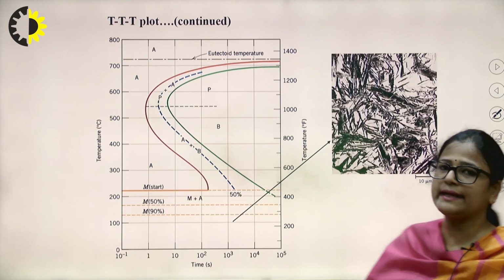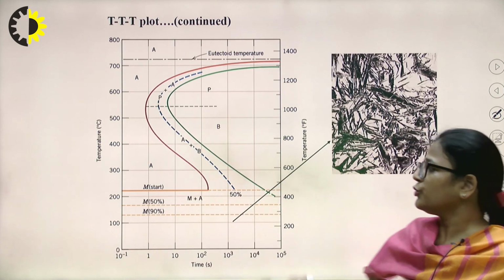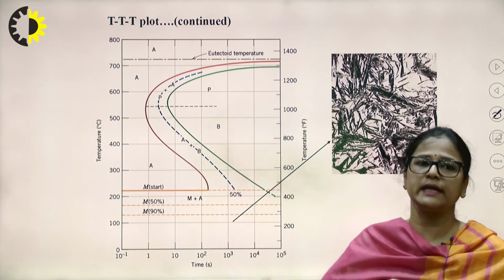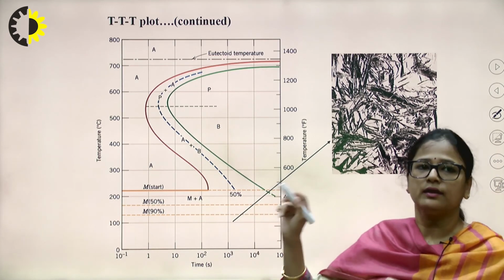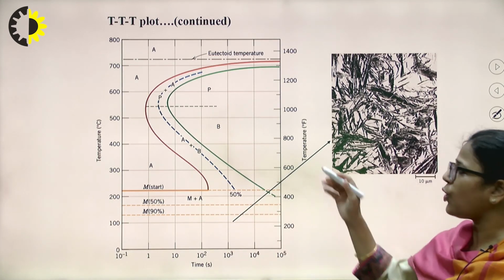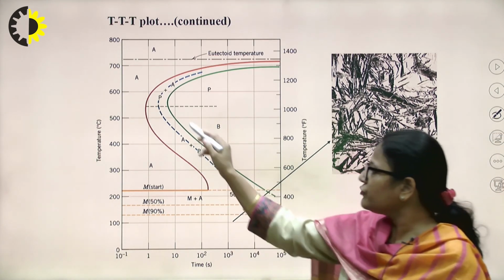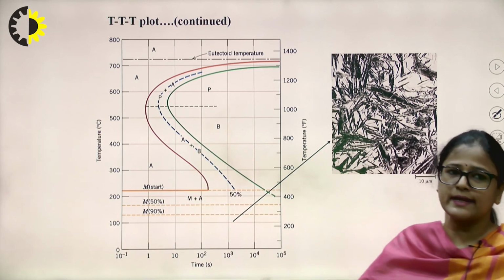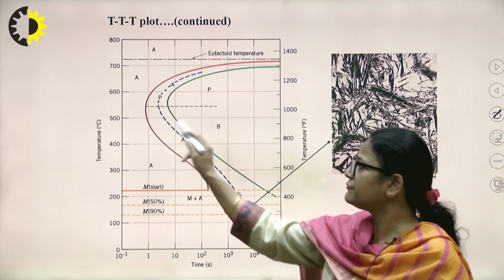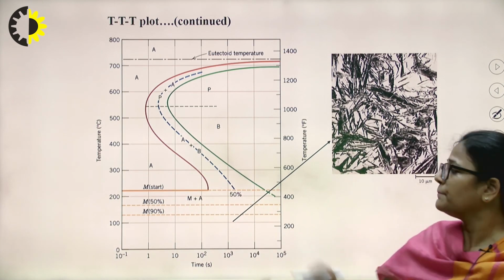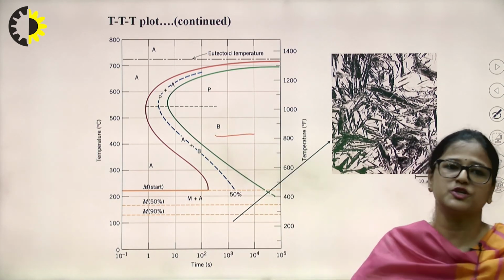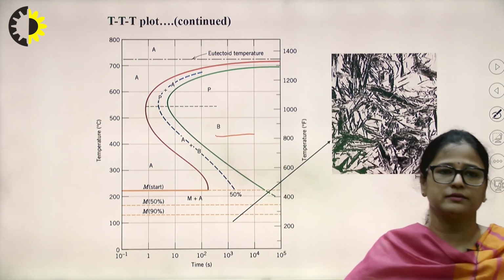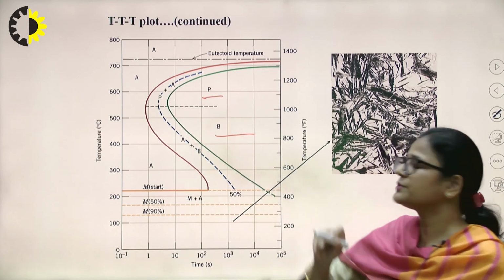So this is the complete TTT diagram. In the exams, you have to draw this diagram for the TTT plot. This is the complete time temperature transformation diagram with all the phases. So we have seen up to this point that in between 540 and 220 degrees centigrade, bainite will form. Bainite is the transformation product. From 540 degrees centigrade to 727 degrees centigrade, pearlite is the transformation product.